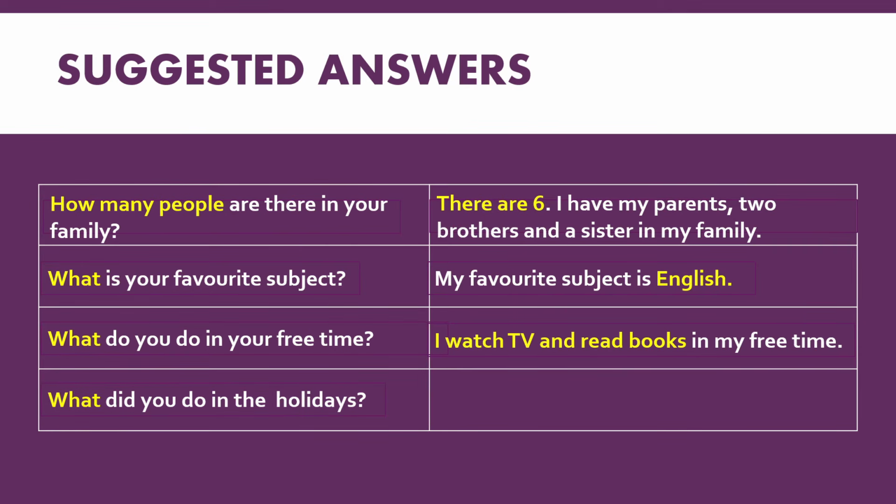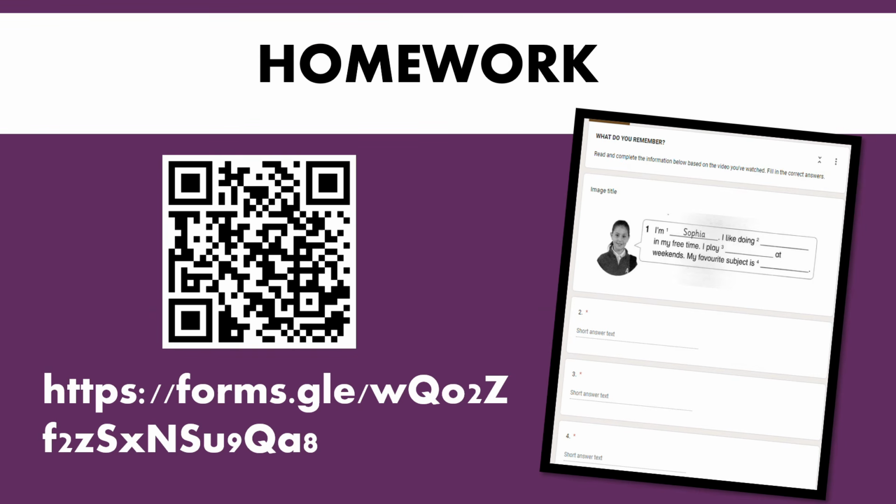And last but not least, what did you do in the holidays? Because the question itself still asking about what, however, did you see the word did there? So your answer should be in past simple form. Hence, an example of answer here would be, I swam at Tucson Beach during the holidays. Instead of using swim, I use swam to show that my holidays is past. That's the end of our lesson today.